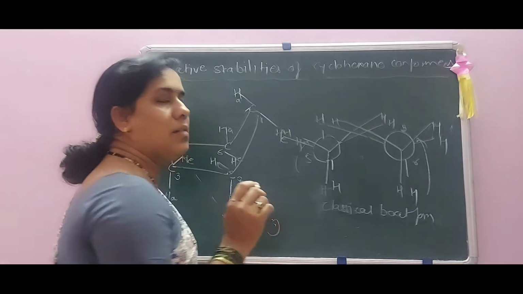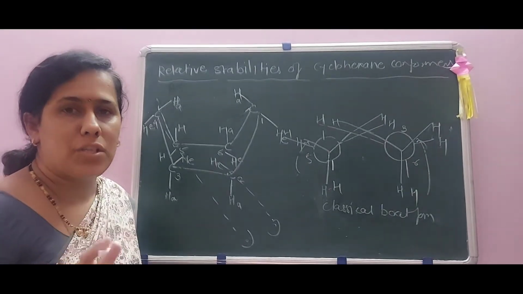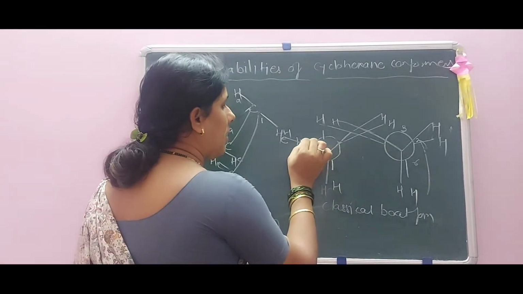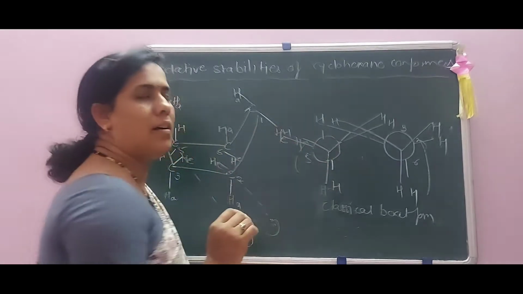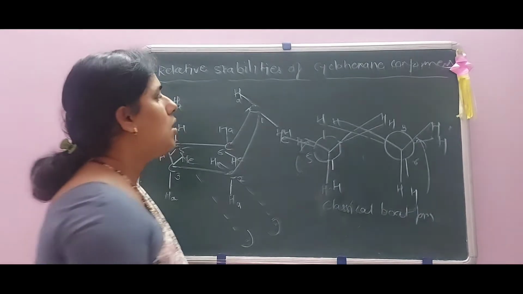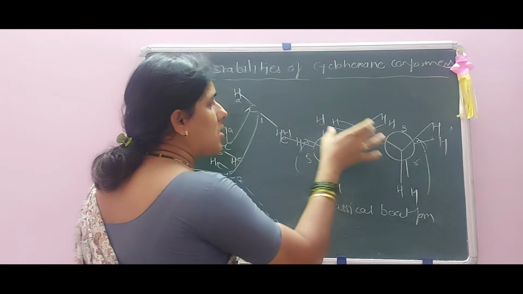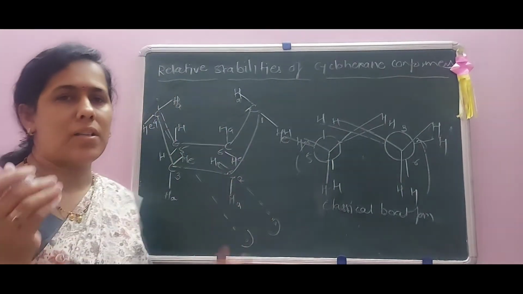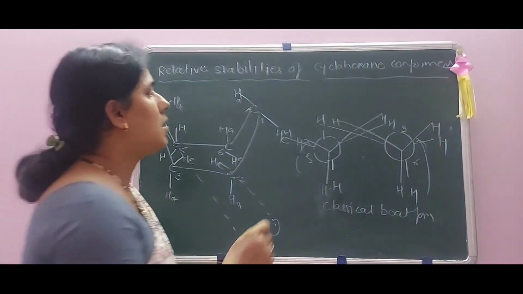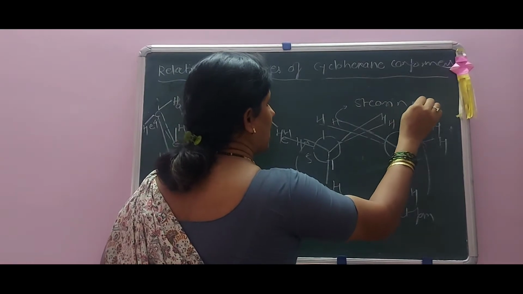Now in these structures, we have said that the hydrogens which are eclipsed in position have a higher amount of bond opposition strain, which is due to the non-bonding electrons of adjacent carbon atoms, giving rise to an increase in the strain value. Now what about steric strain? That is the flagpole hydrogens of each carbon atom which face each other and are non-bonding hydrogens, thereby producing a large amount of steric strain.